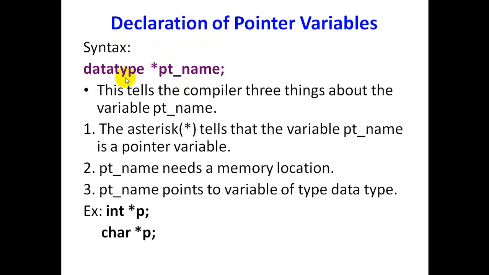Now we will see some examples of how to declare a pointer variable. This is the syntax and this is the example. Here the data type is int. Then we have to write asterisk. After that there will be a variable, that is a pointer variable. Here I have taken a pointer variable p. Like that, another example is data type char, asterisk, then a pointer variable, here I have taken a pointer variable p. So this is how we declare pointer variables.